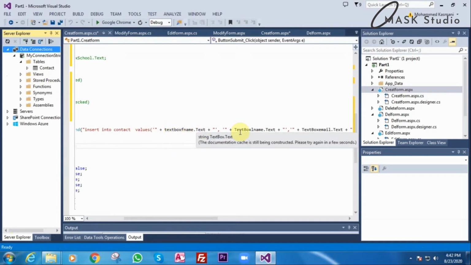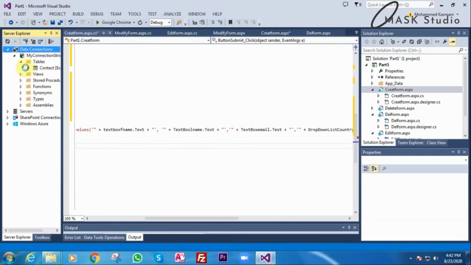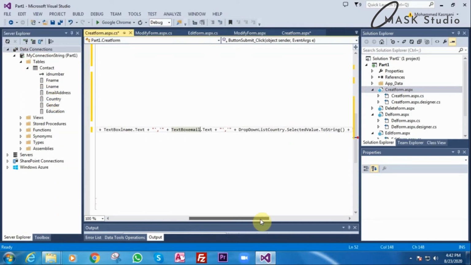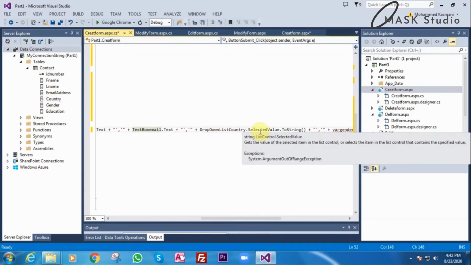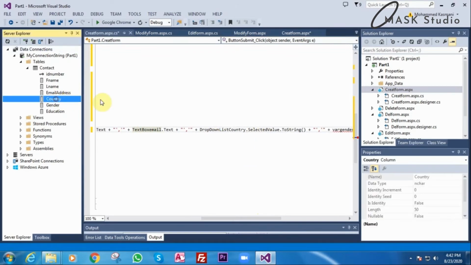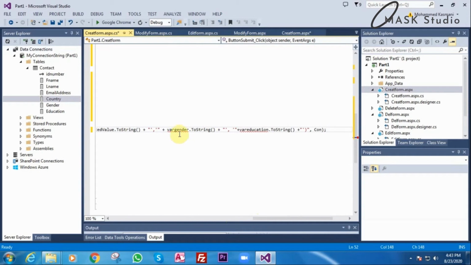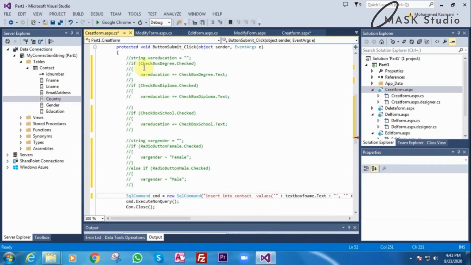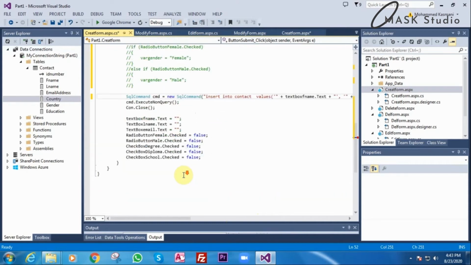TextBoxFname, TextBoxLname, TextBoxEmail, then DropDownListCountry selected value, this one. Then we are saying gender and education. Why is there a red line? Because we stopped here, see, education and this. I'll explain, that's why I stopped it. And then ExecuteNonQuery, and once it is executed, just close the connection and refresh all these boxes.